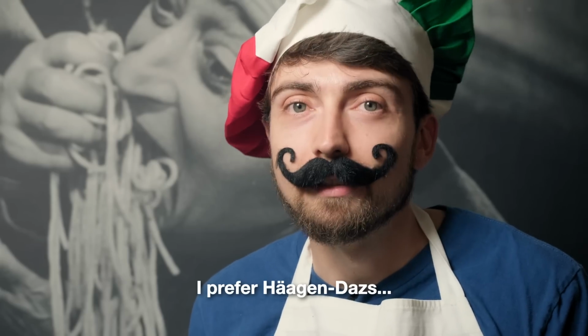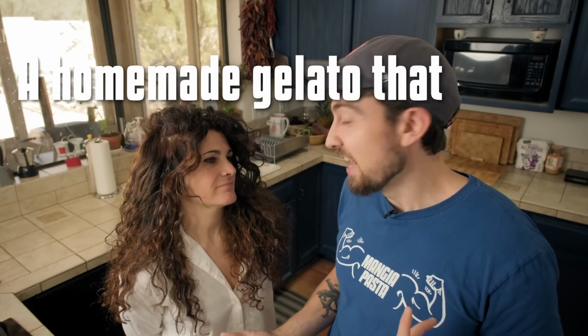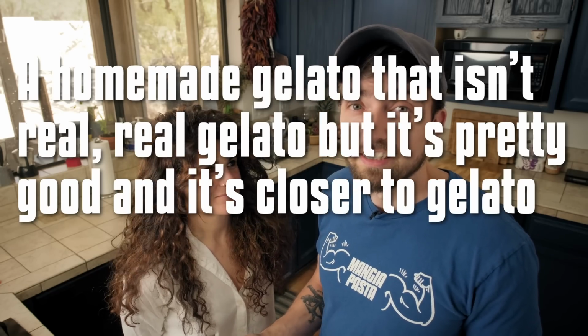I prefer Häagen-Dazs. And therein lies our problem. Because gelato is so lean, in order to make it stable, you need processes and machines and ingredients that aren't really available to most home cooks. But we're gonna share dishes with you today that you can either make using store-bought gelato or ice cream, or you can make what we're gonna make today, which is a homemade gelato that isn't real gelato, but it's pretty good and it's closer to gelato than ice cream is to gelato, so...